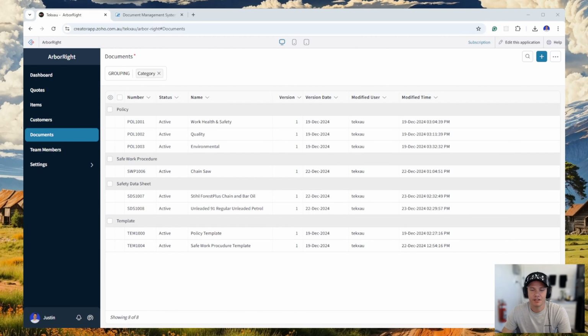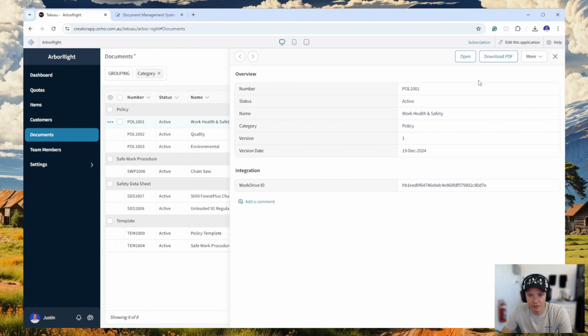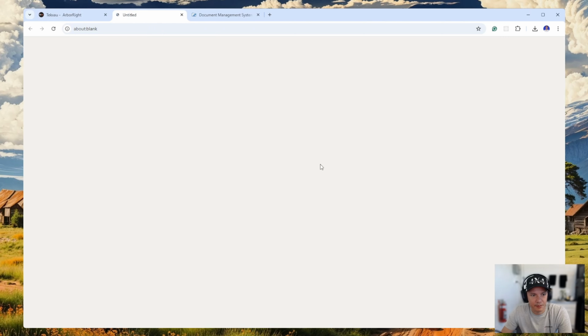In this video, we're going to take a look at how to utilize Zoho Creator to manage your documents, in particular safety documents. So you can see here we're back in our Arborithm app and we have a list of documents. I've categorized them or grouped them by category. You see we have some policies, safe work procedures, safety data sheets, and some templates, which I'll touch on in a moment. So if we take a look at a policy, we can download it as a PDF,